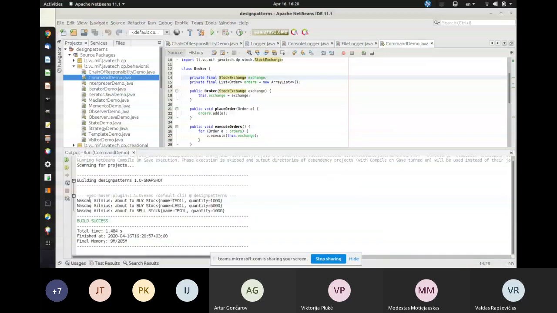So Nasdaq Vilnius, this was the stock exchange, has of Telia now, right? And this, right? So basically, it's not anymore. Okay, and Nasdaq Vilnius about